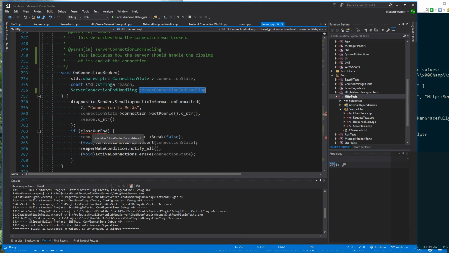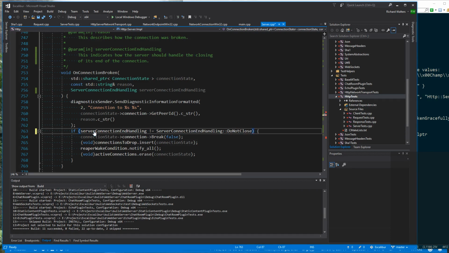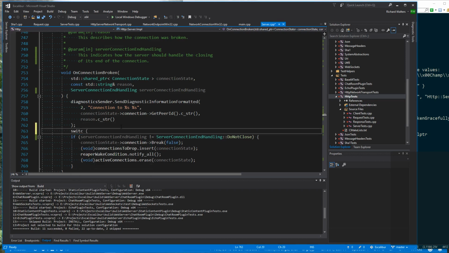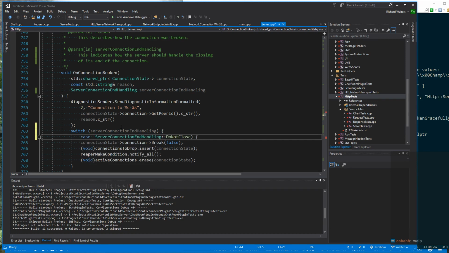So if that is not equal to do not close, then we break the connection. Actually, it's going to be a switch, isn't it? If it's do not close,